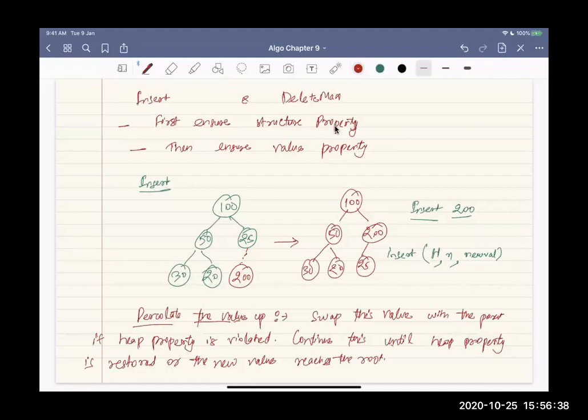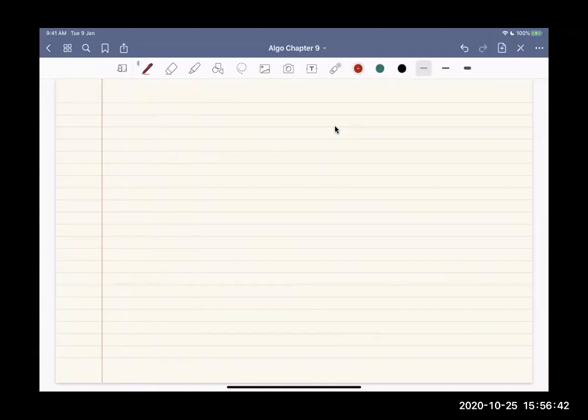Now, what is the time complexity? You see, what is the height of a heap? Heap is an almost complete binary tree, right? So the time complexity is nothing but the height of the tree. I have to go from a node up to the root. And because it's almost complete,